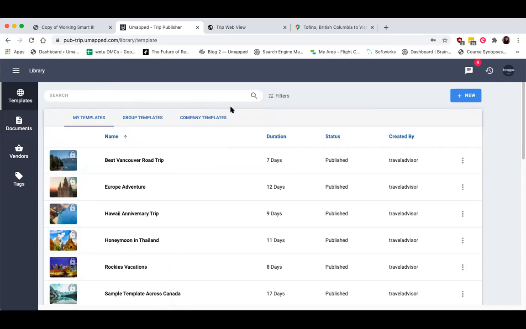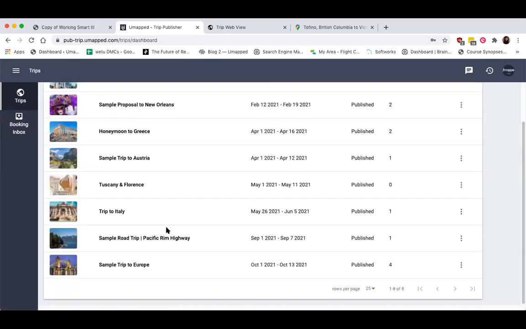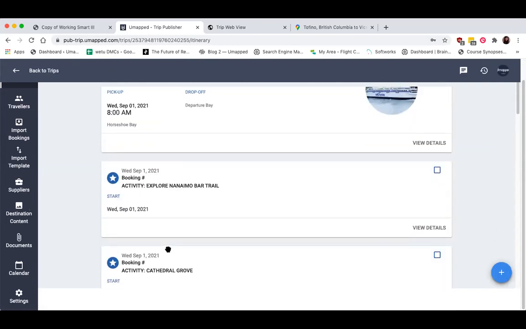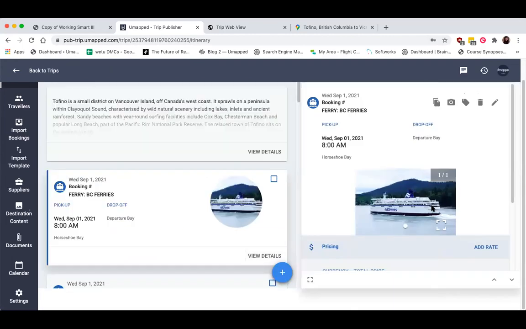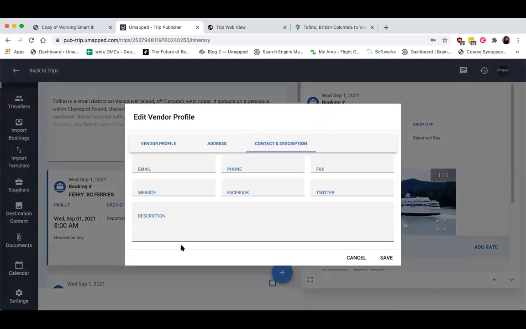Ayush asked, can we add a website link in the transportation segment? Okay, good question, actually. So first of all, let's go back to my trips. Specific trip. So I have a couple of thoughts around this. First of all, like we were talking about earlier, because you can add a transportation to your vendors, you do have the option when you're creating your vendor to add any kind of website information or contact information to the vendor profile.